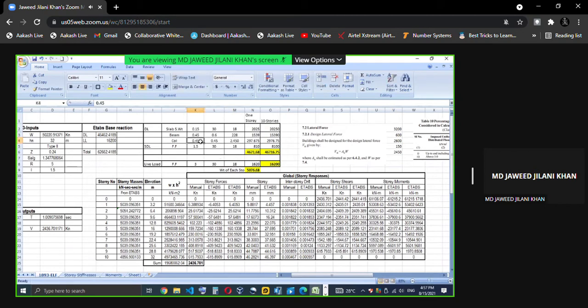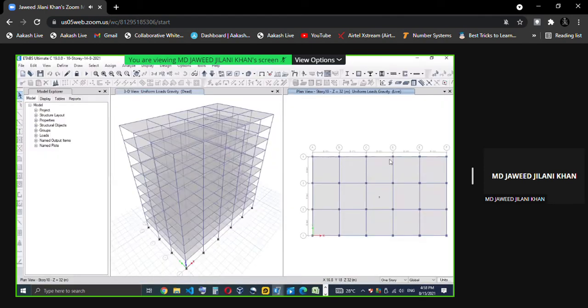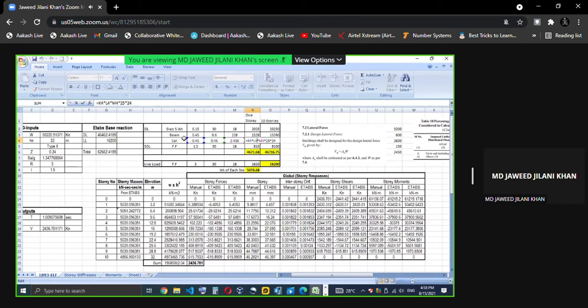Now the column size is 450 by 450. This is the height, and then how many columns are there? If you see here, there are 1, 2, 3, 4, 5, 6. 6 into 4 is 24 columns. So here I am saying 24 columns, and the material is RCC, so the density of the material is 25. So 0.45 by 0.45 multiplied by height multiplied by so and so, I will get the total 297, whatever I got. And for the 10 stories, this is the total for 10 stories in kN.